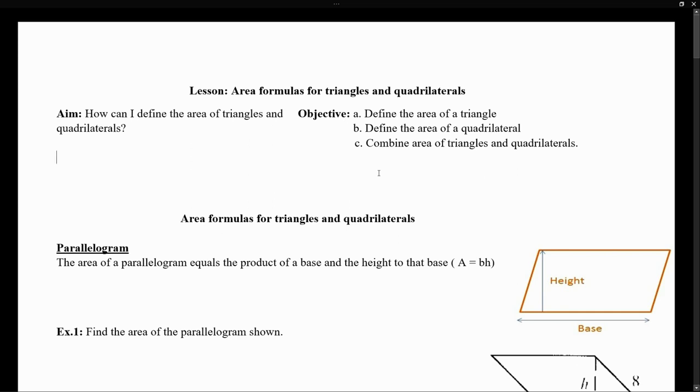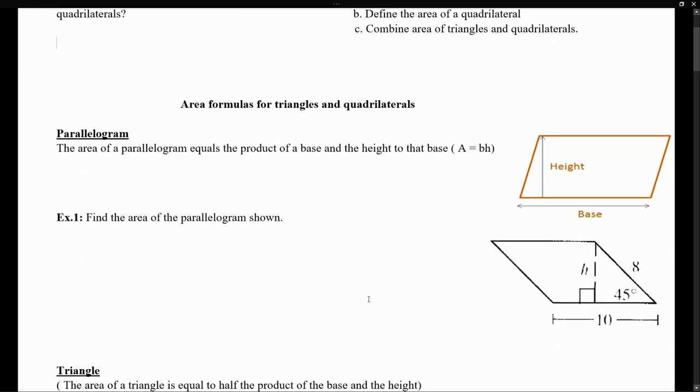In this video, we will talk about the area formulas for triangles and quadrilaterals. So let's get started. Let's start by discussing the parallelogram. We'll recall that a parallelogram is a quadrilateral where opposite sides, which in this case are the top and the bottom,